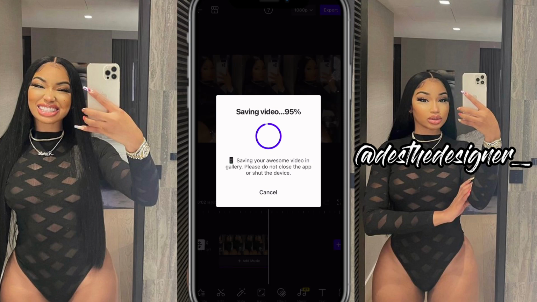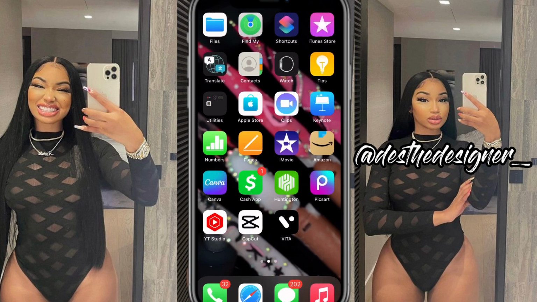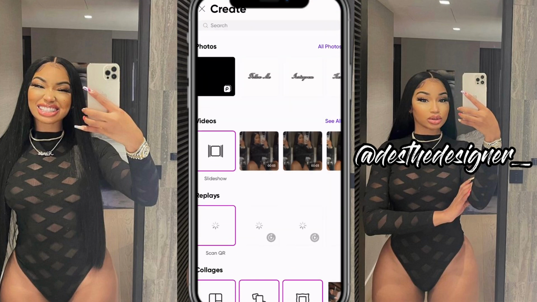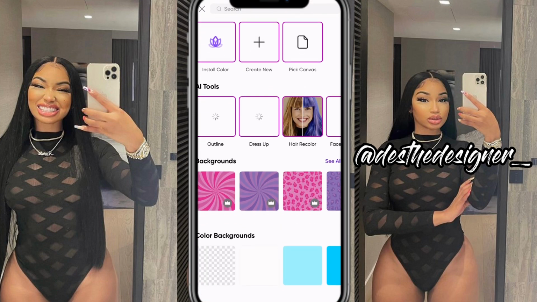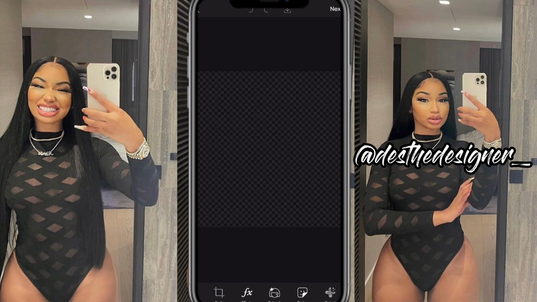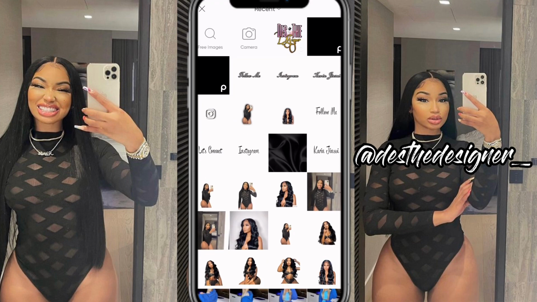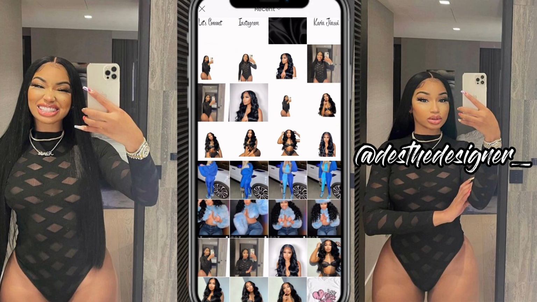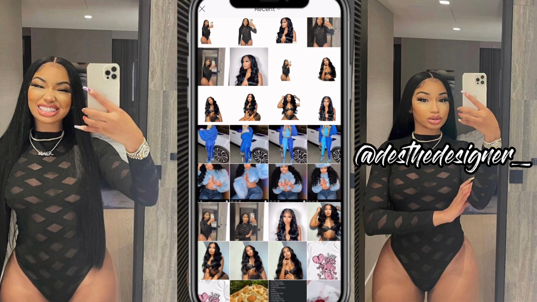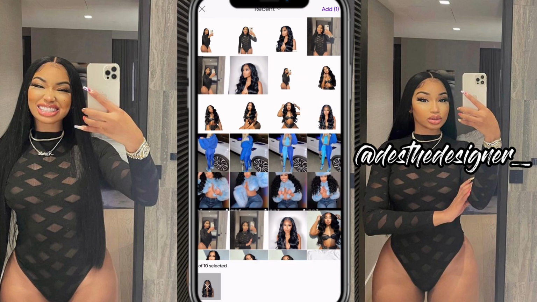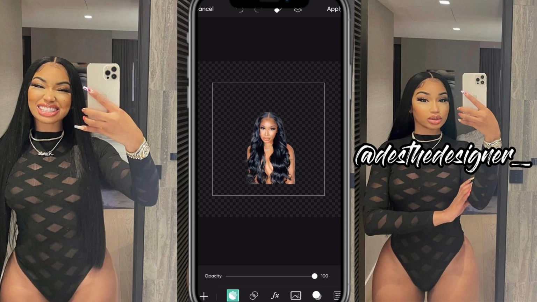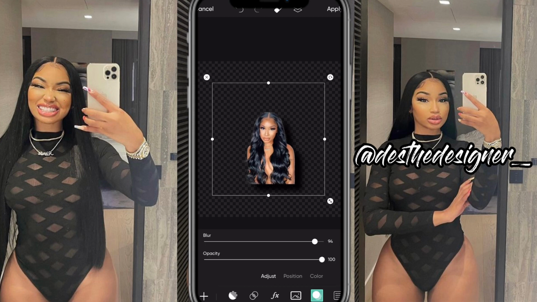So once that's saved, I'm going to go back into Picsart just because I wanted to show y'all how I do the shadows on my pictures. So I scroll down, go to transparent background, and I do my cutouts through Canva, of course, but you can always do them through Picsart as well. I do that too sometimes. I'm going to upload this picture because it's going to be in the last part of the video. And I'm going to add shadow. So what I do is turn up the opacity, turn up the blur a little bit, and now I'm going to center them